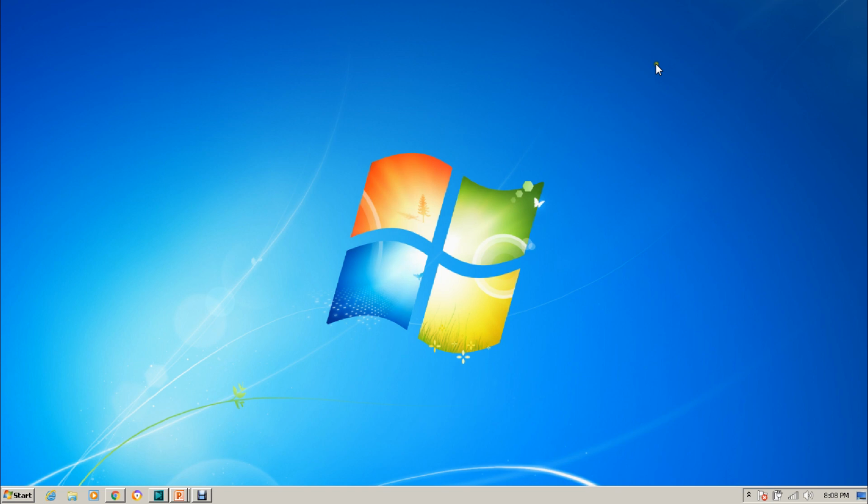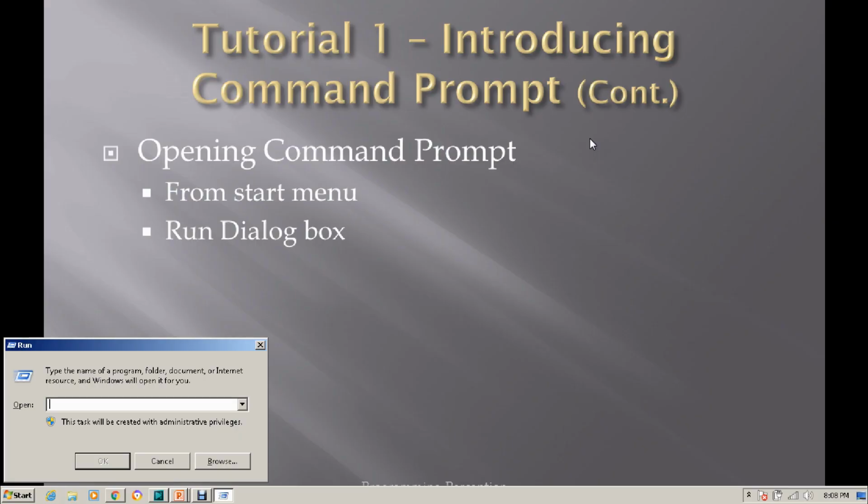Now if I want to open command prompt with run dialog box, how can I do that? I can open run dialog box with the shortcut Windows plus R. Windows plus R is available on the keyboard, the Windows key and R both. The Windows key is just between control and alt, the left control and alt.